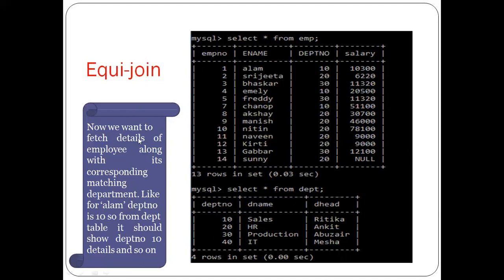Now you want to join the values of this column to this one. Both columns should be matched. Now we want to show the details of the employee along with the corresponding matching department, like department 10. So the department number should be shown from the department table with the details.